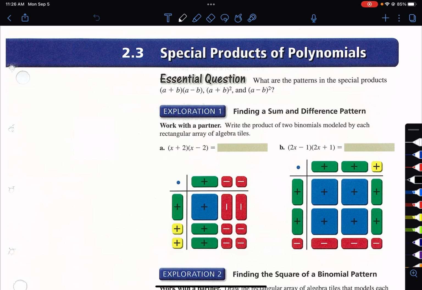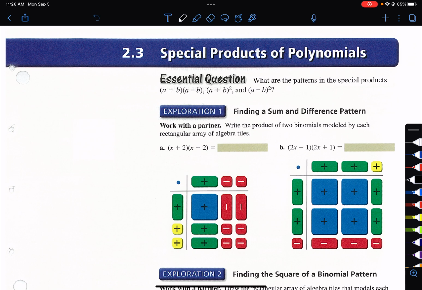All right, guys, 2.3. The title is Special Products of Polynomials. Now, the goal of 2.3 is to help you see some shortcuts that might make multiplying polynomials faster. Now, what I want to emphasize with these shortcuts is they are not necessary. If you don't ever figure out the shortcuts, you are still going to get the answers to every question on